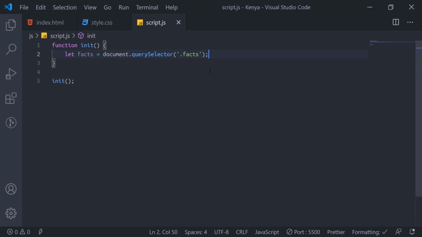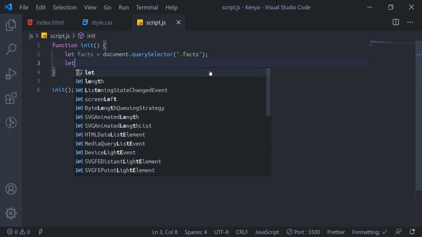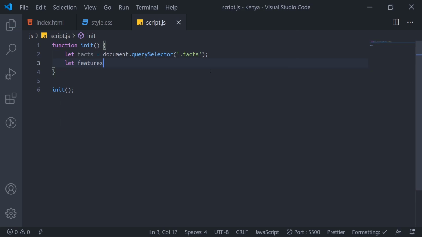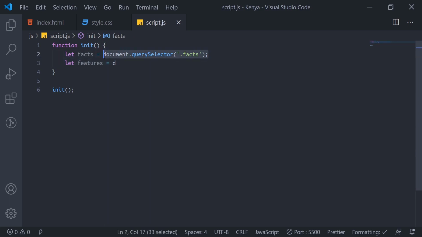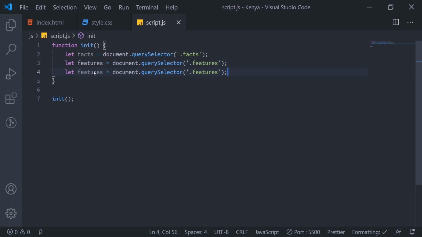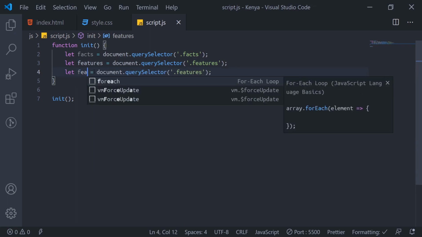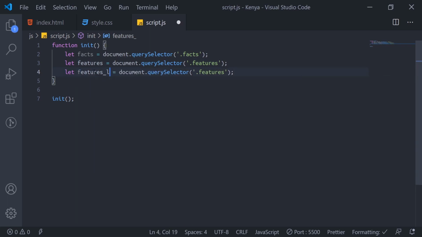So I'll select facts, then I'll say let features equals the same thing. I might just copy it. Dot features. Then we'll duplicate this one. Features list group.